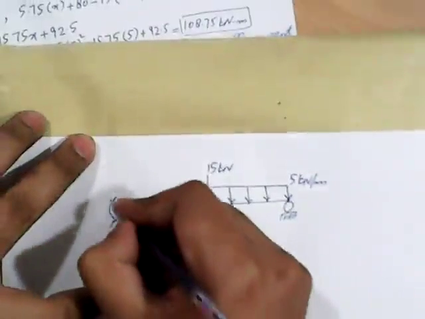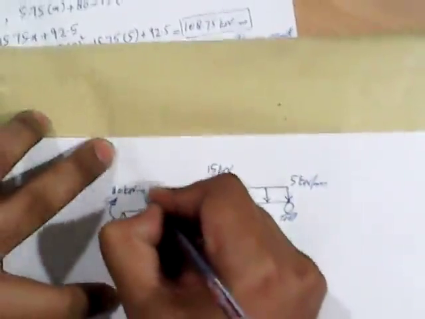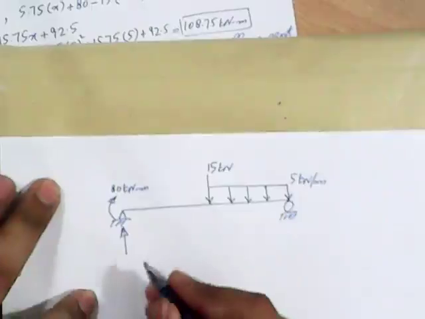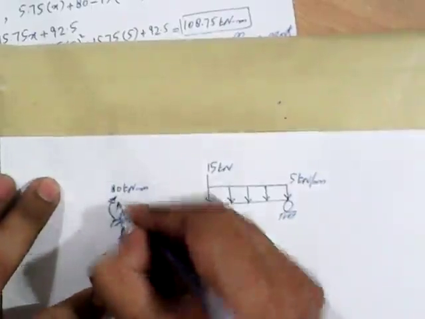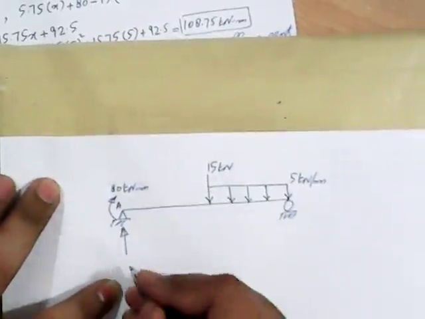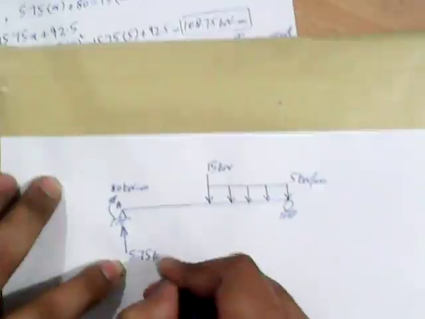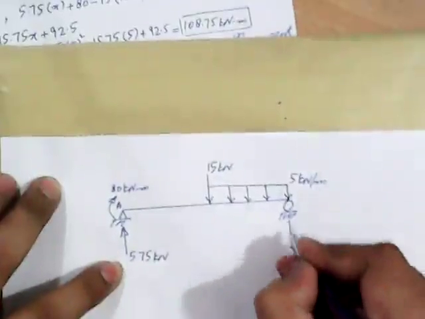We have a point moment here with a magnitude of 80 kilonewton meter. We have already calculated the reactions. Reaction at support A is equal to 5.75 kilonewton, and